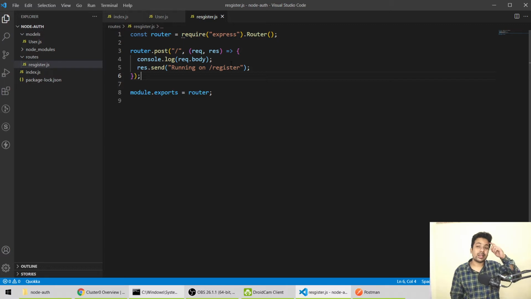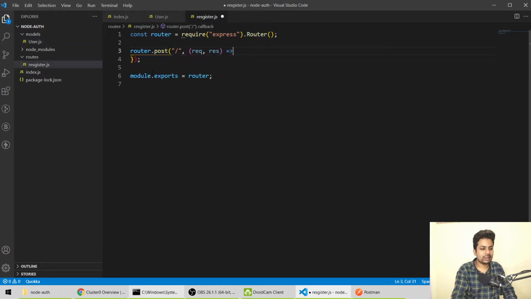Or someone is sending email as xyz at the rate xyz, that's not an email, obviously everyone knows. So we'll validate that also before we push data into the database. So here we'll say validating data.